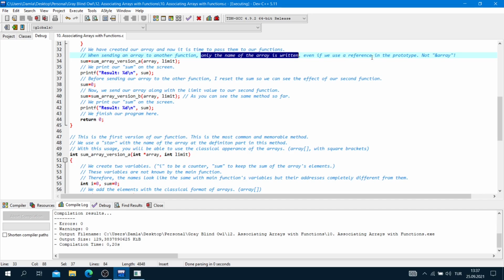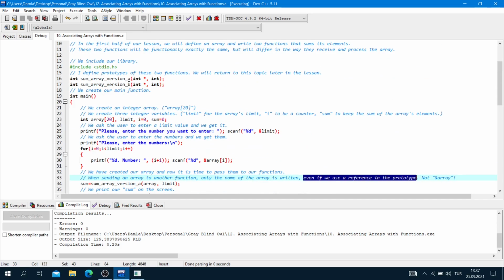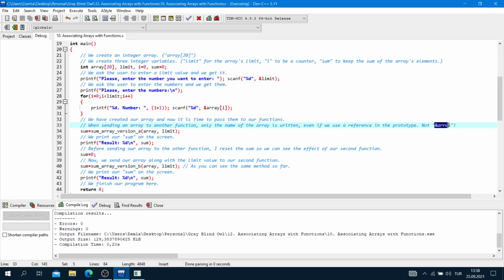Even if we use a reference in the prototype, like that, int pointer. Normally we have to send an address, but we send an array, and our array is an address collection, so we do not have to use the address-of sign. We do not have to use ampersand array. We use only the name of the array.